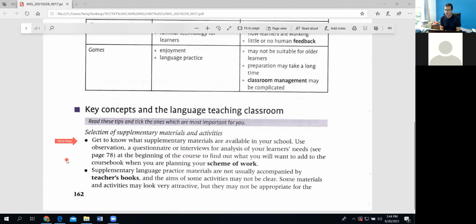Whenever you are going to teach in an institute or you are taking a class, you need to know what are the other things available along with the main course book in the school. Supplementary material, as a teacher, what are the things you get? Are you going to get it in your pack, or are you going to share it with some other teachers? So what are the things other than the course book available in the school? And how to analyze